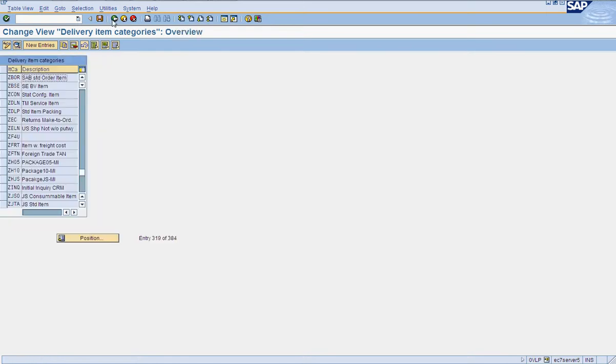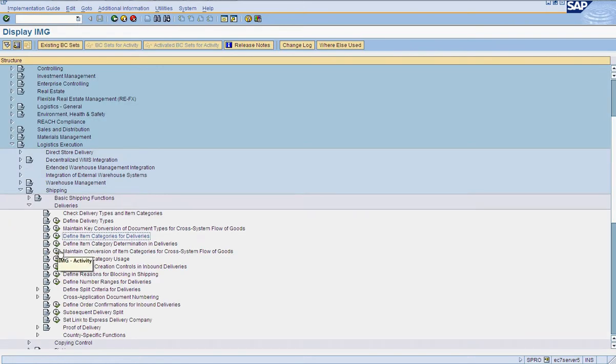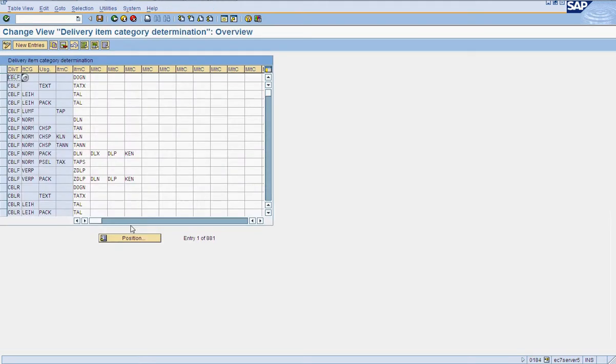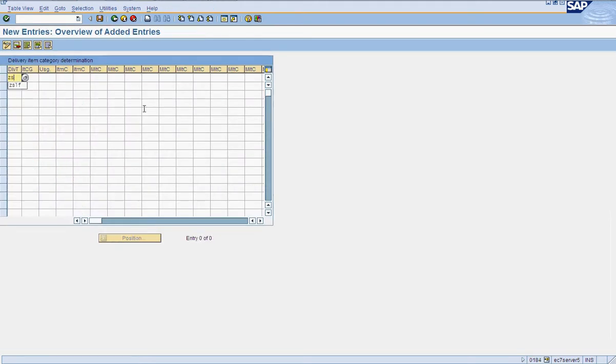Okay, now we have to define item category determinations in delivery, similarly as we have done for order. Z sub item category group is Z sub, usage is blank, item category is ZBOR.